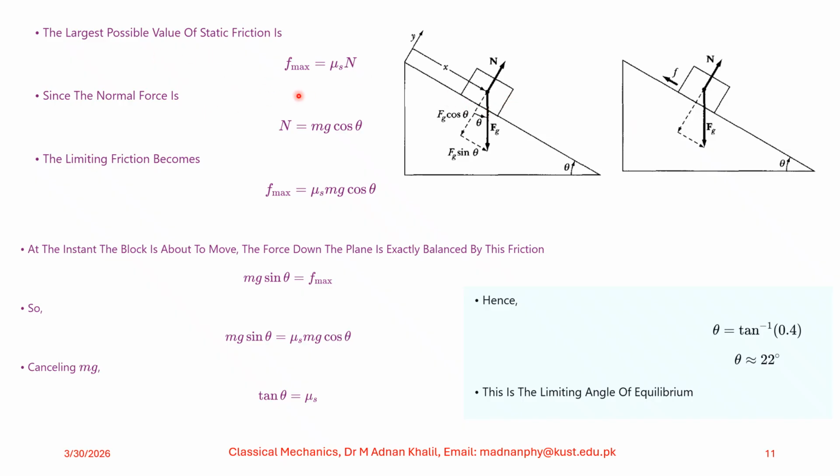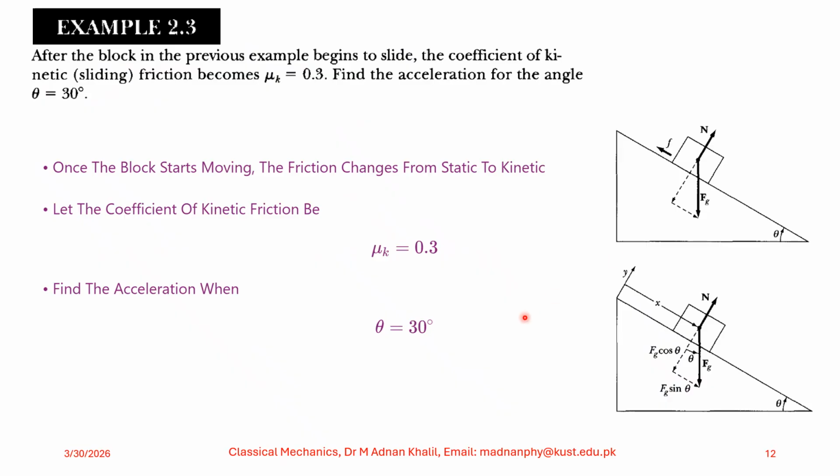This direction will also be motionless, that is, the frictional force will be enough to balance out this component mg sine theta. If you make this greater than 22 degree, the block will slide down and there will be a net force acting downward. Now, in this third problem,